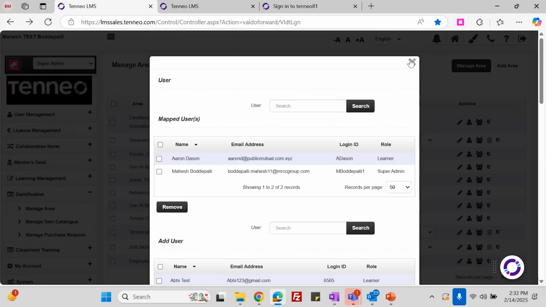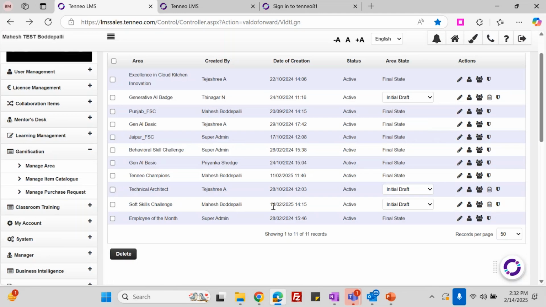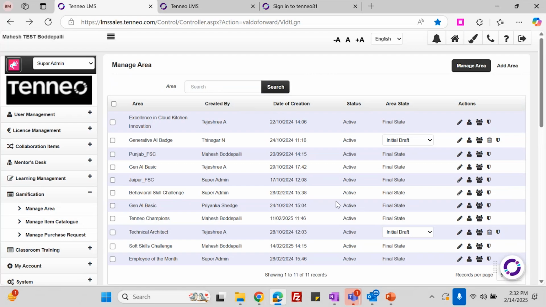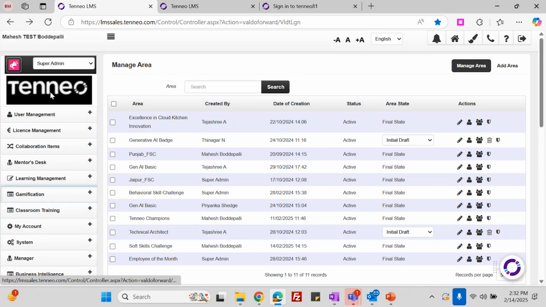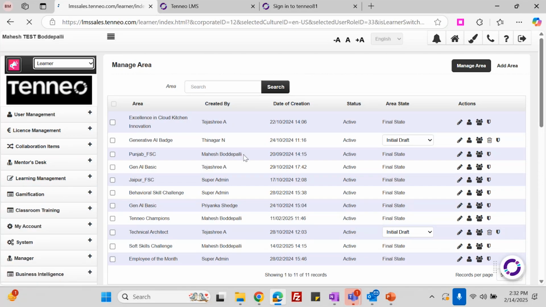Now once it is assigned, now what you will do finally, here you have an option called initial draft. Simply change it to final state. Once you've done it, now the gamification is ready. But how this gamification will look like at learner interface? Now let's come with the learner point of view. How it looks like? Now if I go to that particular learner interface,